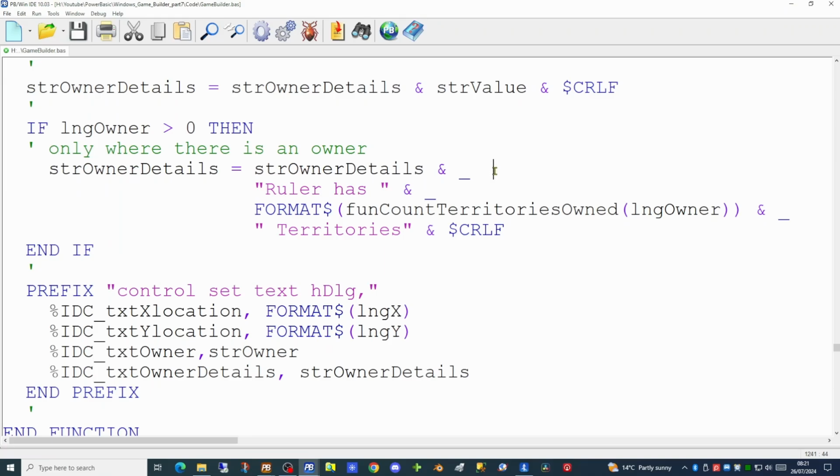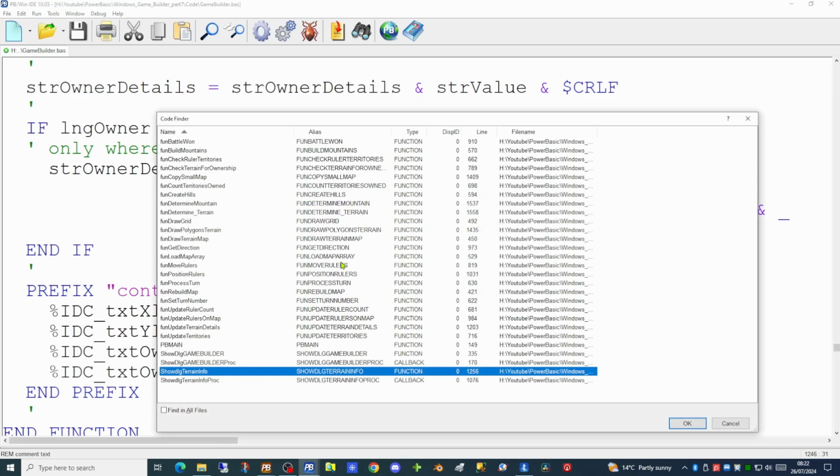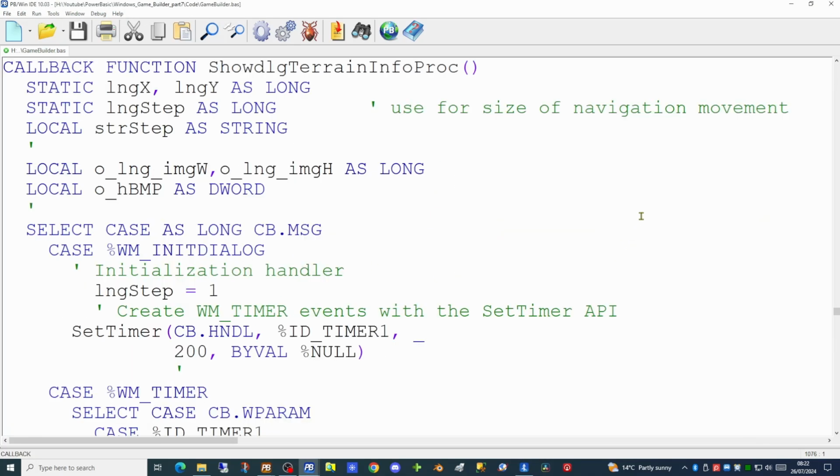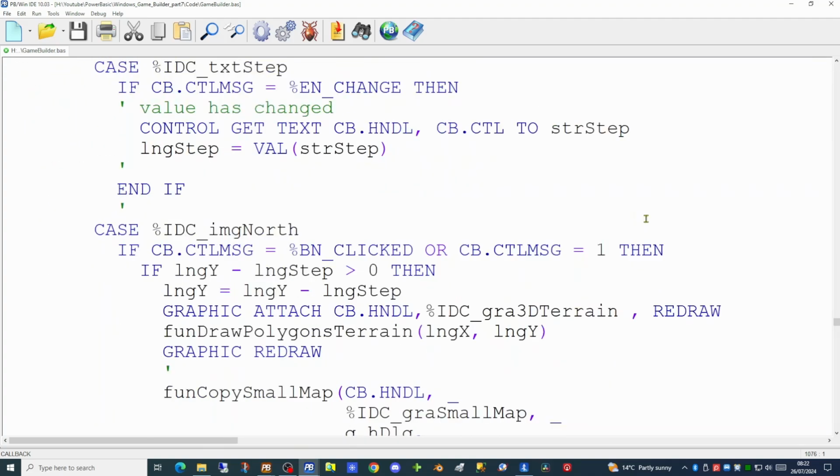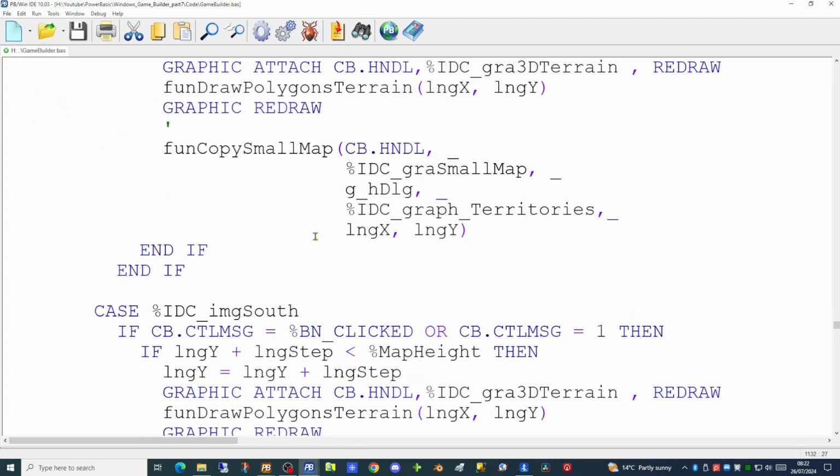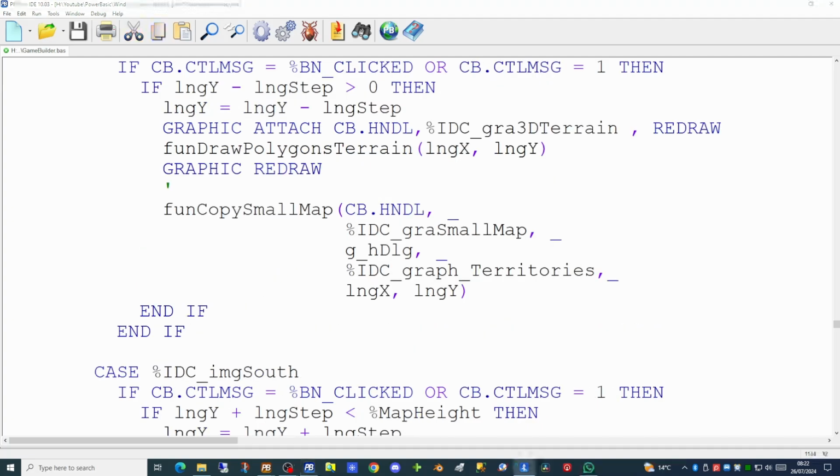However, in addition to that, we need to actually go into the event handler, the callback function for this dialog. Here, the clicking on the north, south, east or west buttons can be trapped, and we're going to call this function inside those events. So let's have a look at that callback function. So here is our callback function. If we move further down the code, we can see here are the buttons for image north, south, and so on. So after we've copied the small map from the big dialog to the small one, we're going to call